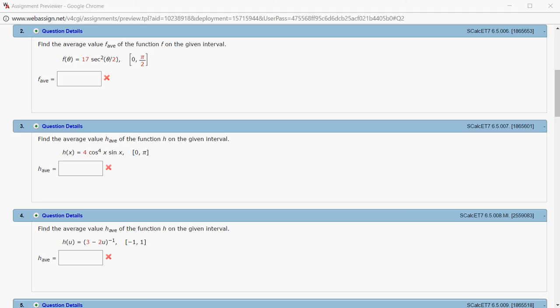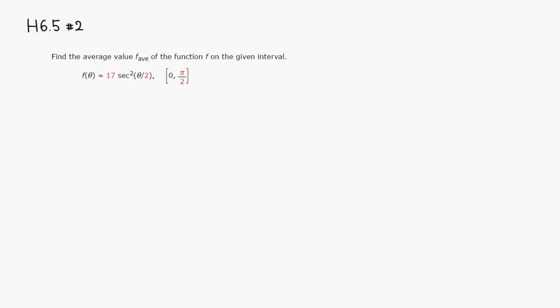All right, let's look at homework 6.5, problem number 2. We want to find the average function value of this given function f of theta. So let's do that. We want to find the average function value. So this is going to be our A,